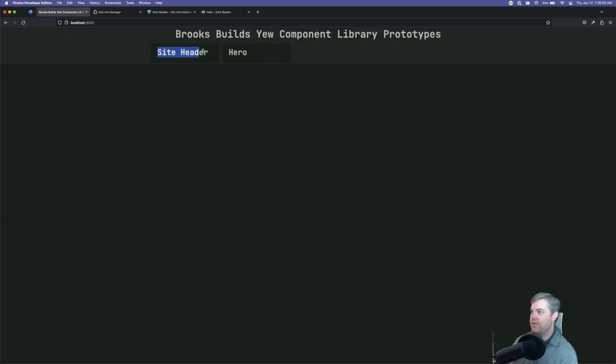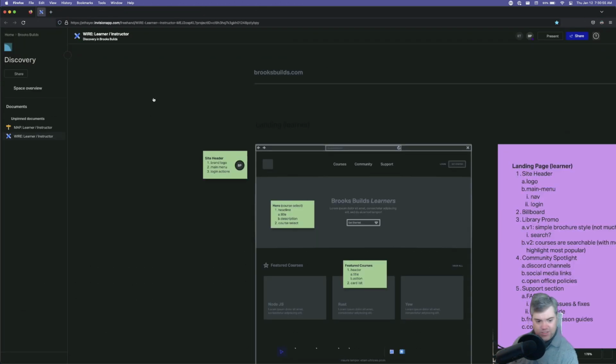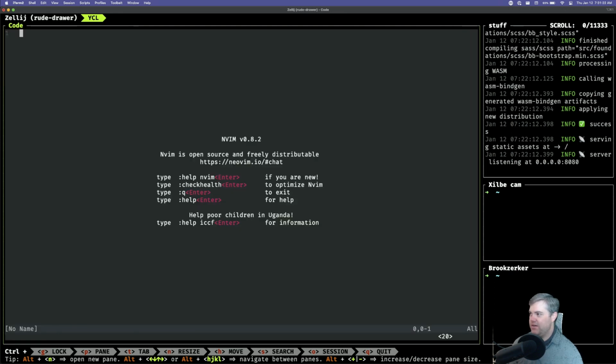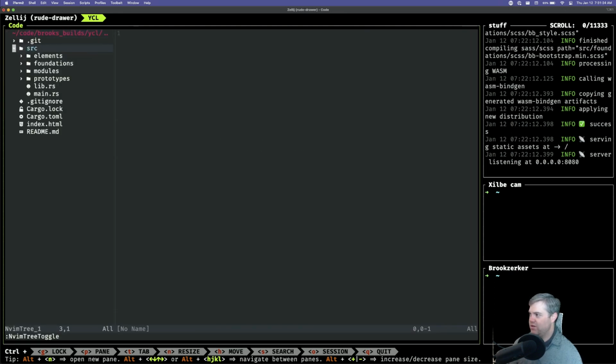Okay, so let's create this as a page. Let me also show you the system. I have recently set up NeoVim and Zellij for working today. So we're also going to be experimenting with actually doing this for a real project, seeing what tweaks we want to do for our NeoVim setup. So let's open up Vim here. So in source,